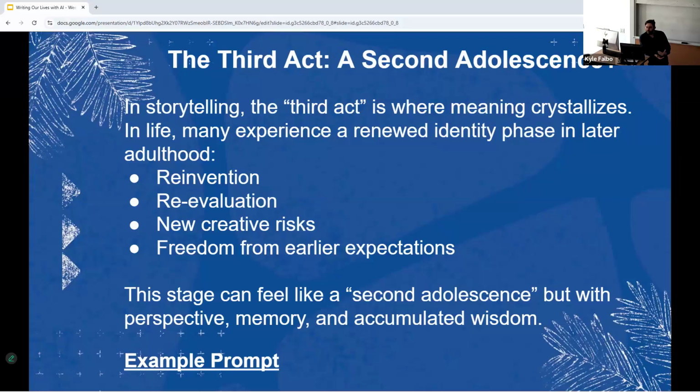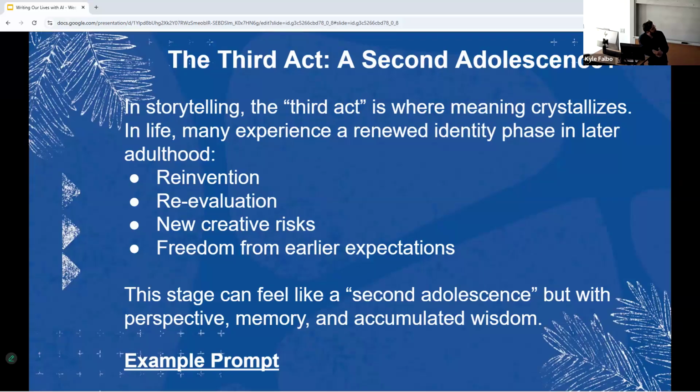Right. And we talked a little bit last week about this: what it was, what I felt, and what matters. That's what matters from this experience that I had and what I was experiencing at that time. What is the value to you, the reader, from this? I think there's a lot of value in these aha moments, particularly about the third act, the second adolescence. This is where meaning crystallizes, it becomes clear, a more tangible concept.